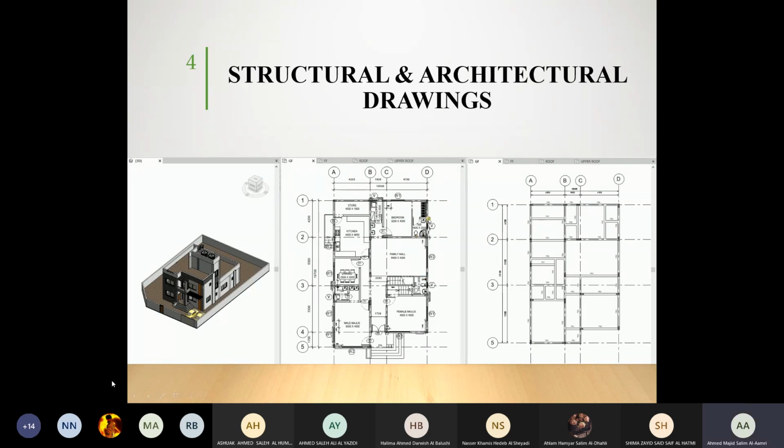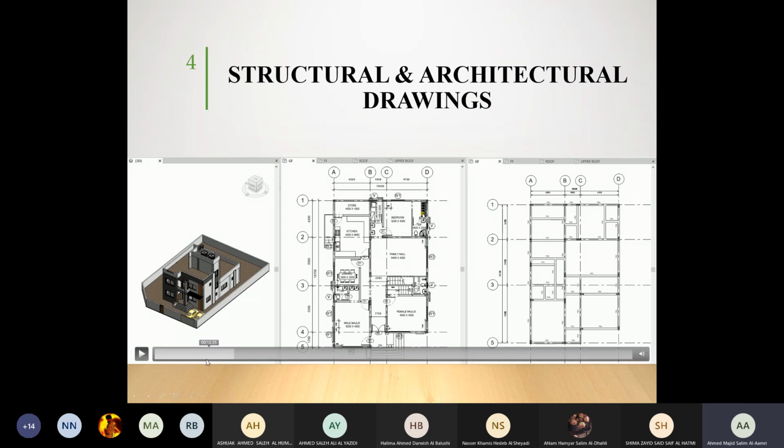Okay. So now one thing before we jump. If you can see here, in the architectural drawing you have a lot of secondary elements like the steps, the furniture, windows, and doors, which are not available in the structural. In the structural layout or the structural drawing, you'll have only the structural elements, which are slabs, beams, columns, and then foundation if you are talking about the foundation layout.